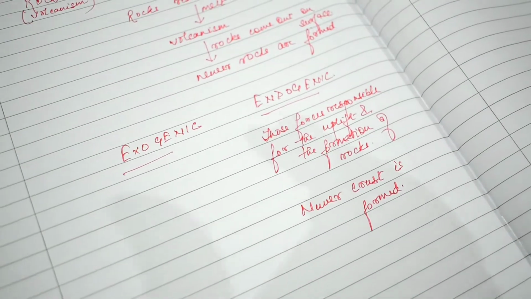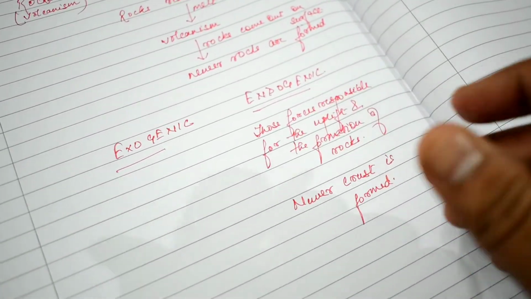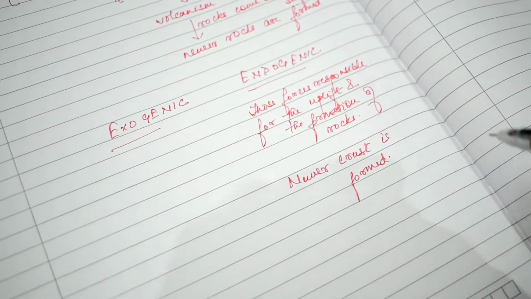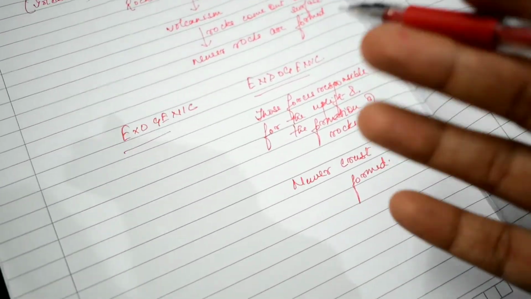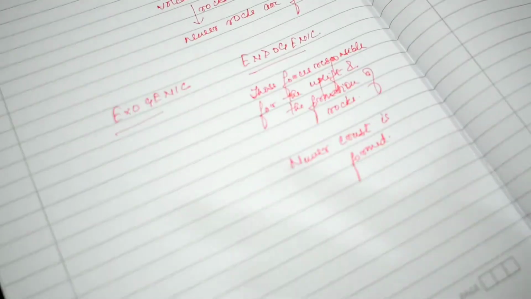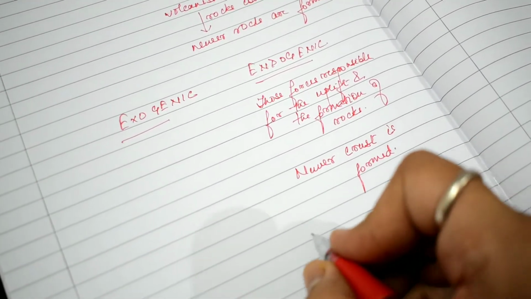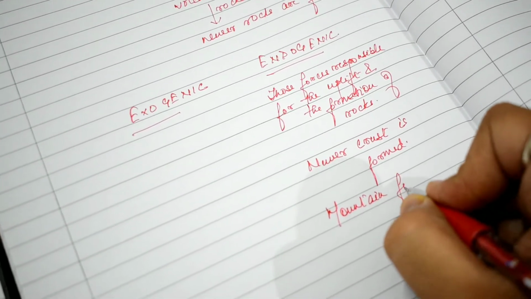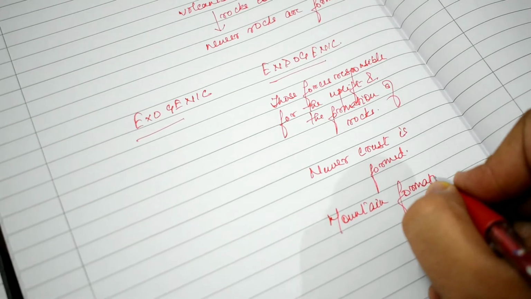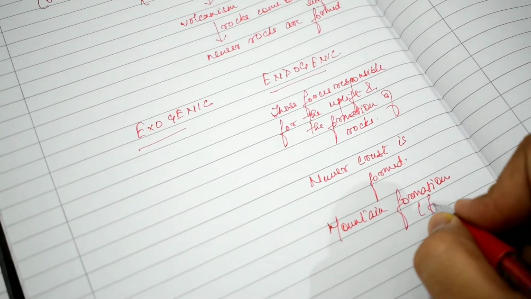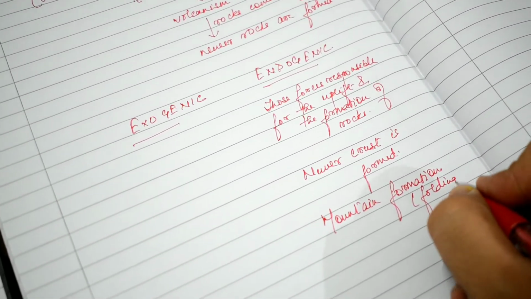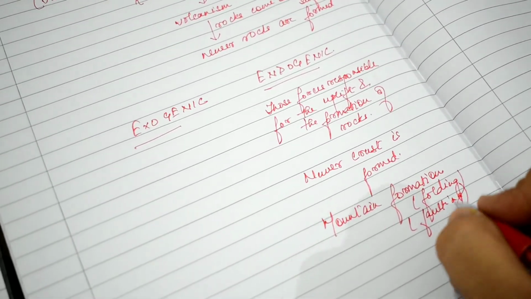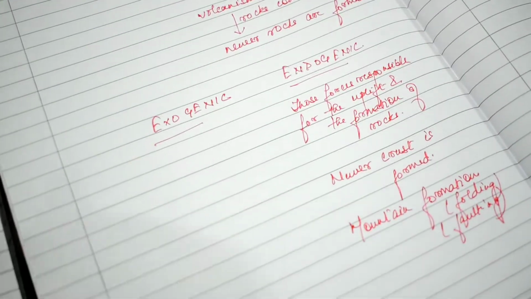We know from the previous videos that due to folding and faulting, there is earthquake, there is volcanism, and newer rocks are formed. Rocks again come out onto the surface, crust is formed. Then there is mountain formation. Mountain formation, due to folding or due to faulting, is also a part of the endogenic forces. So all of these things are formed by the endogenic forces.